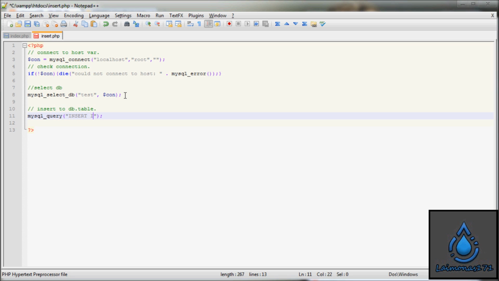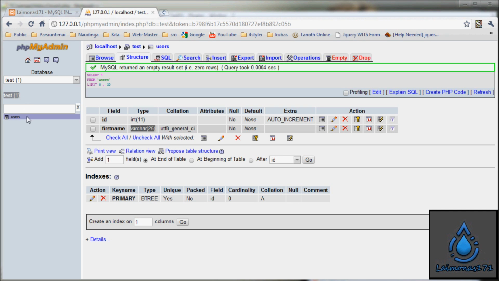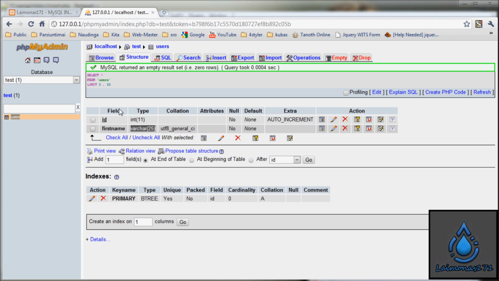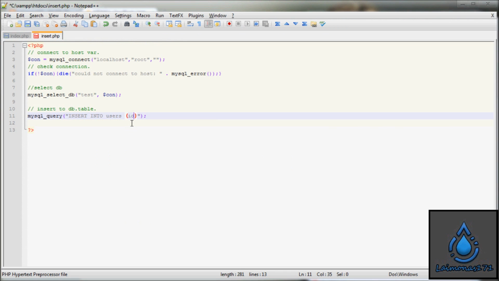Insert into our table name, which is users. Here go the field names, so ID and first name. ID separated by comma and first name. After that we need to add values, so values,